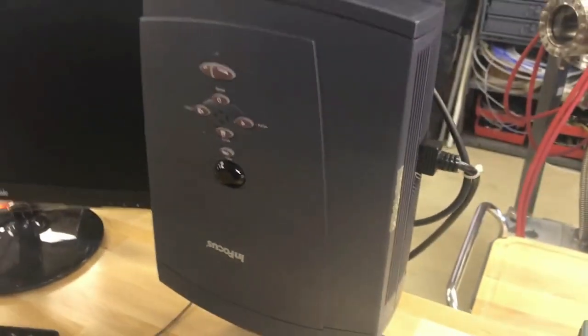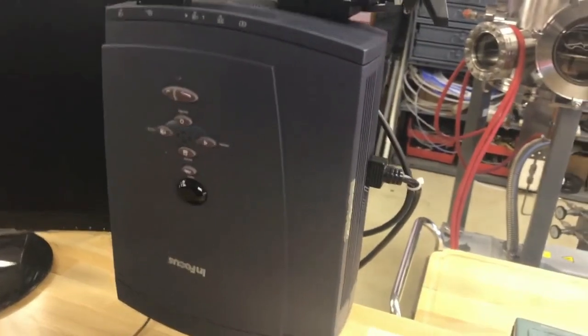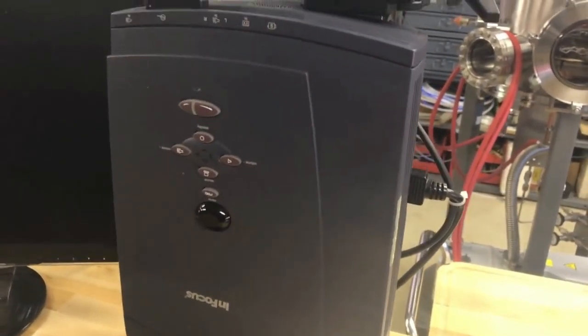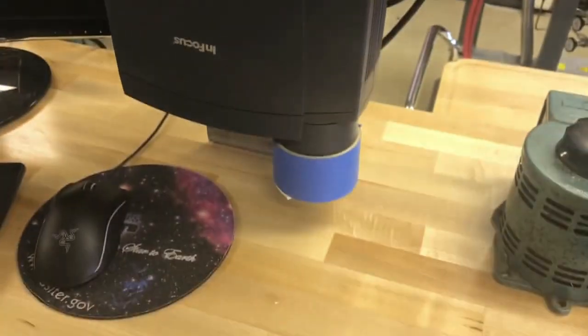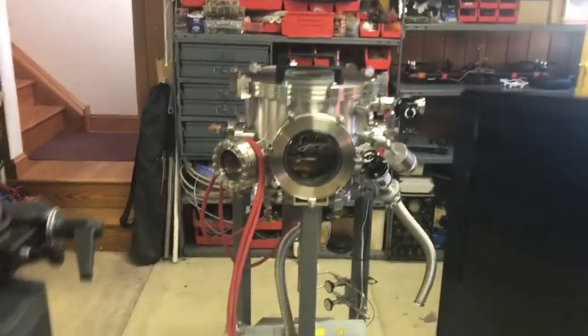So that's awesome. With a newer DLP projector, if I wanted to spend a few $1,000s, theoretically I could go past 10 micron feature size, which is awesome for a maskless photolithography method like this. So anyway, that's my